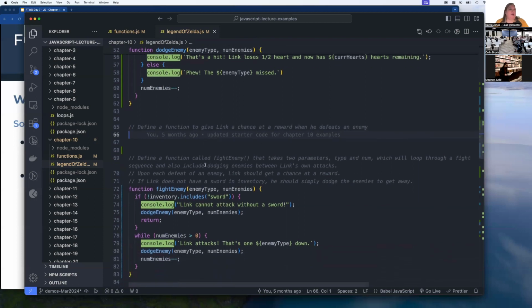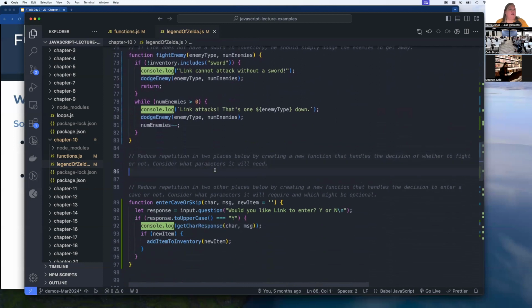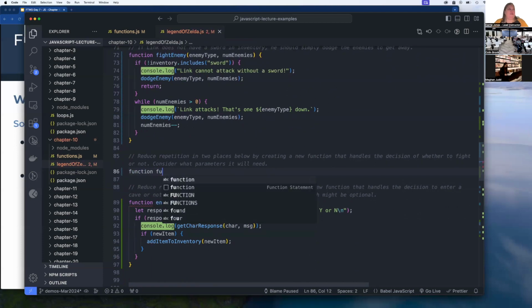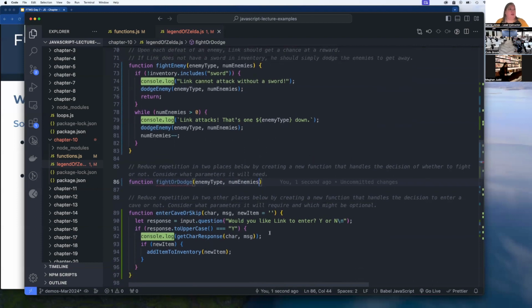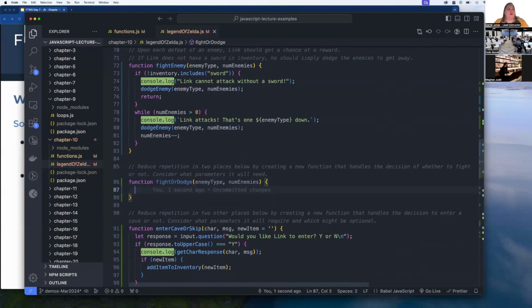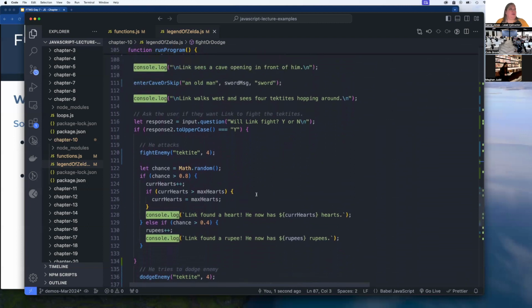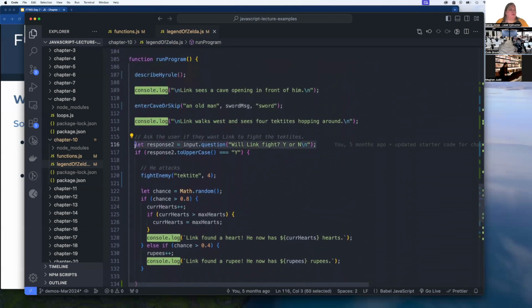We're going to write something called fight or dodge, where he just decides what he's going to do. And that's going to help us control this logic of whether he even fights or not. So we'll say function fight or dodge. And we'll pass in the enemy type and the num enemies, because whichever function we end up using, the fight or the dodge function, we need that same information, right? We'll just pass it along. So here's where we have this question, will Link fight, yes or no? So I can remove this